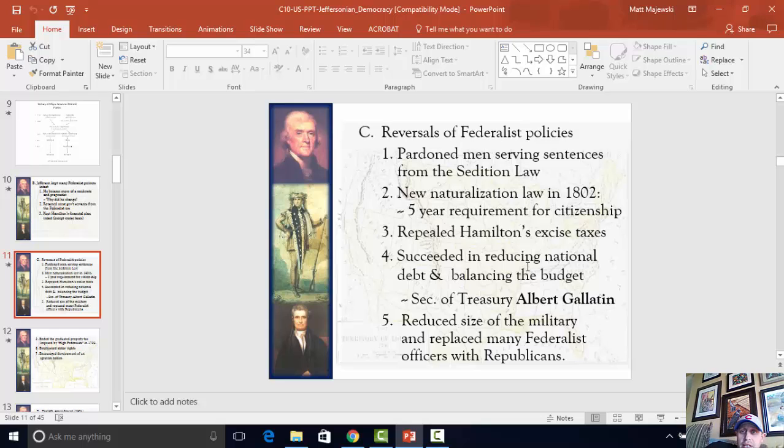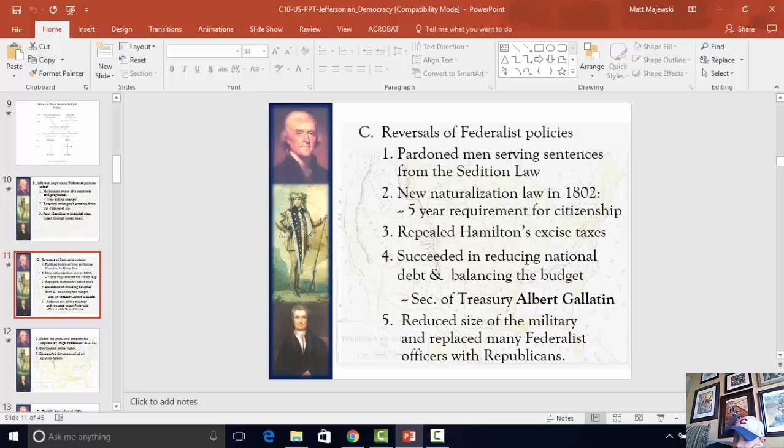He does reduce the national debt. First off, he balances the budget, which says, hey, we're going to reduce our spending so that we only spend as much as we make in tariff money and in taxes. That's called balancing the budget, so that you're not going into debt further and further each year. He also reduced the national debt from what it had been. He reduced it significantly, in fact. If I'm not mistaken, the national debt went down from like $13 million to about $5 million during his presidency. He actually worked closely with his Secretary of the Treasury, a guy named Albert Gallatin.